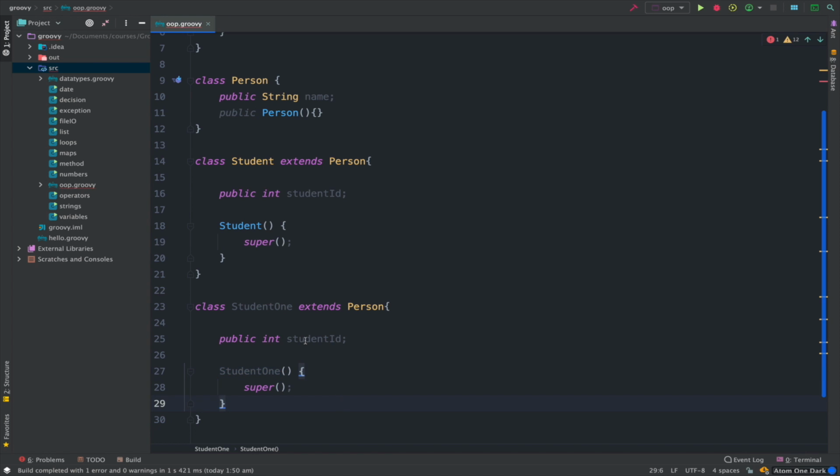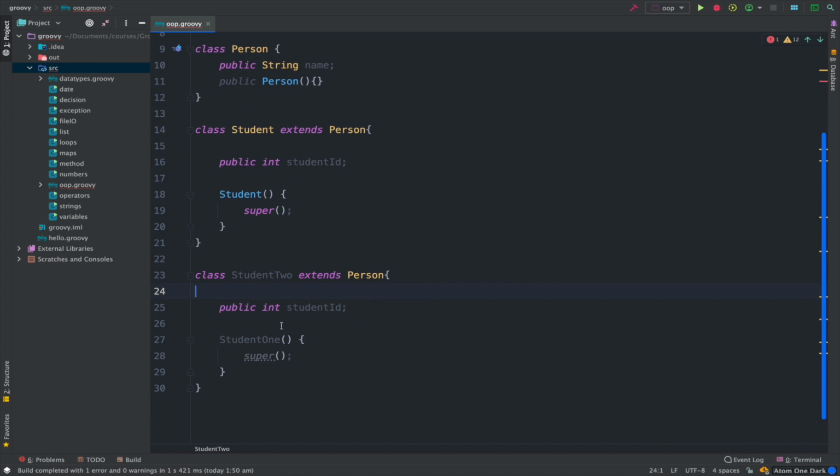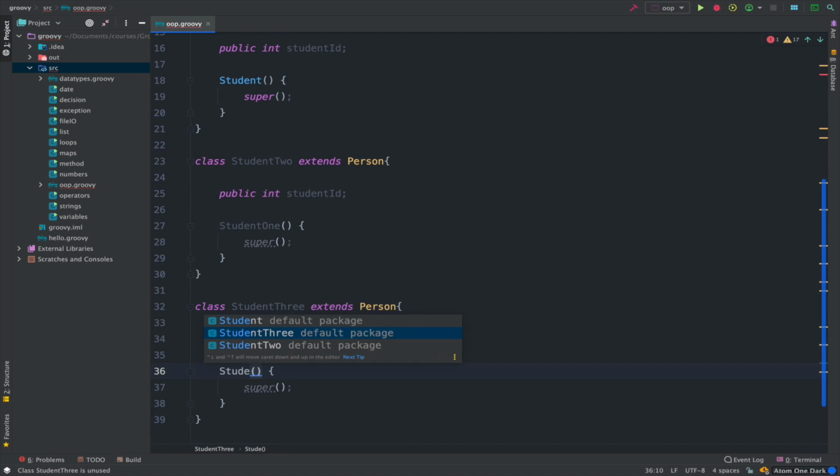Let's just do 2 to make it easier. So we got student class and we got a student2, and I'm also going to create a class, and I'm going to make it student3. And then we need to change the name for that, student3.